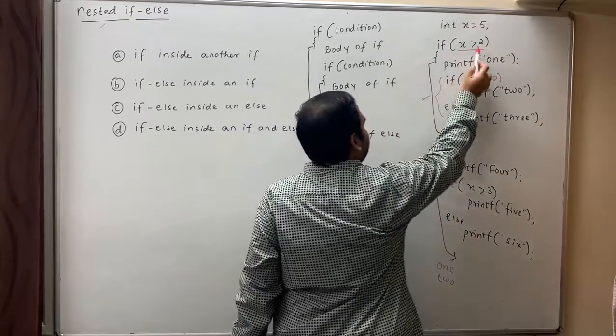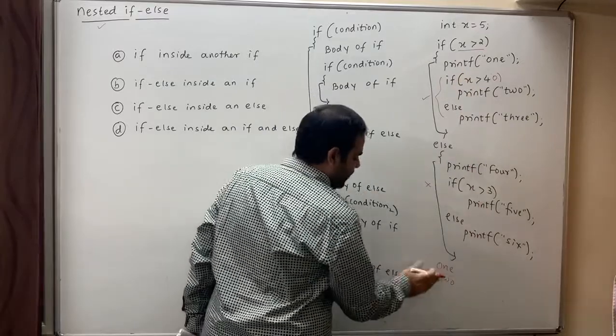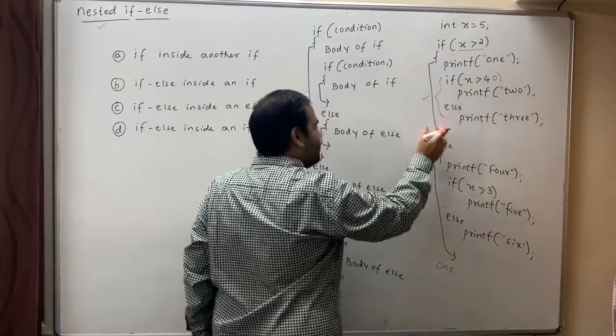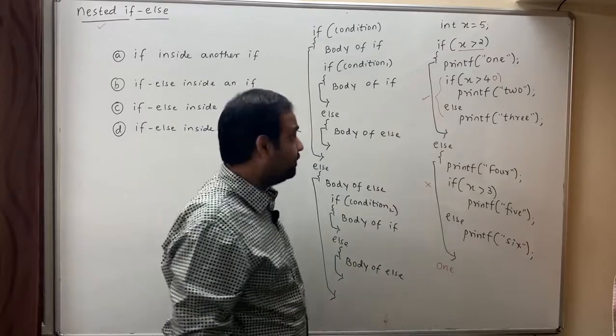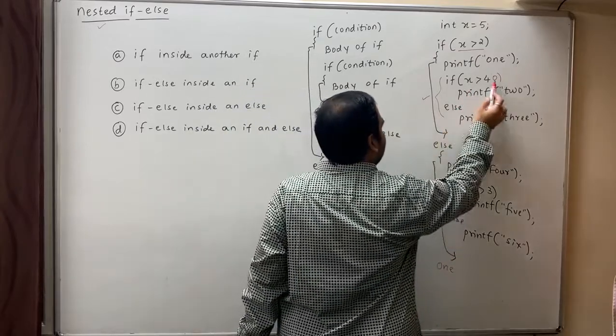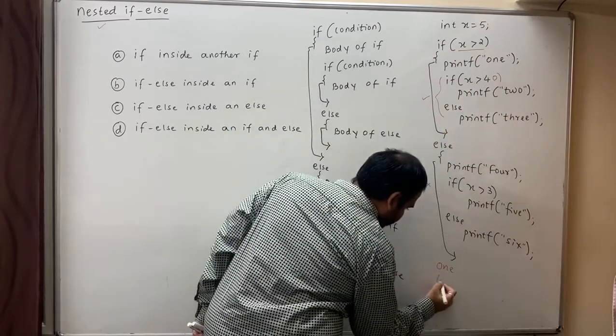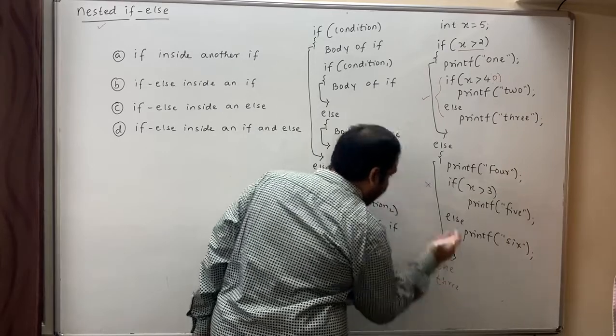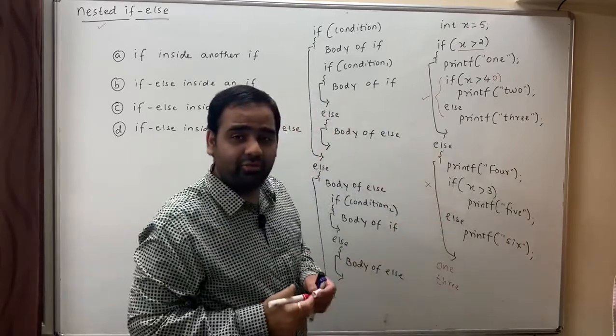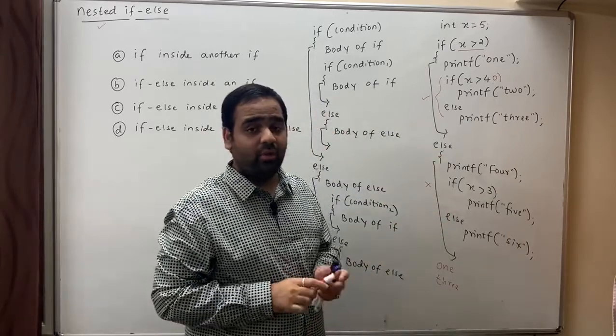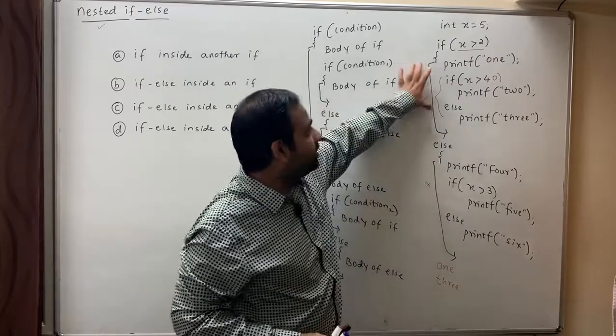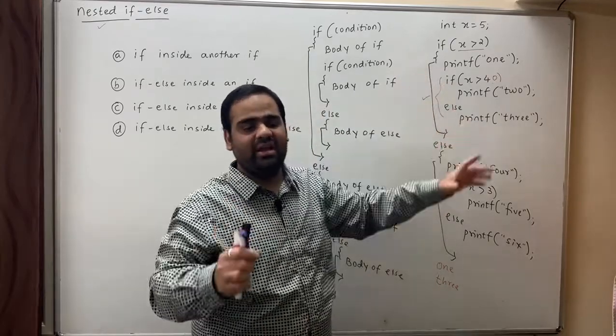Now let us see the output of this question, and I say if x is greater than 40. Now x greater than 2, yes, therefore it should execute the body of this if, and the first statement is 1. Now again it will check x greater than 40, which is false, therefore it should print 3. Now will it evaluate the body of the else? No, it won't evaluate the body of else since the body of if has already been executed.